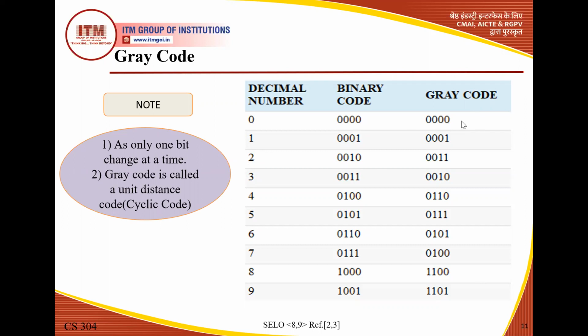So here, if we concentrate on the gray code, these are two gray codes. Three bits are the same, and they differ in only 1 bit. As we are saying, in gray code only 1 bit differs. When we compare two consecutive gray codes, there is only a single bit change.